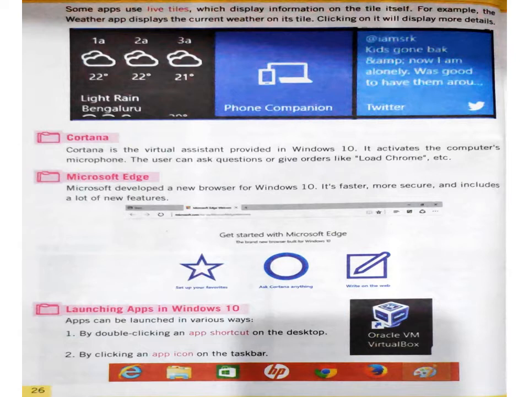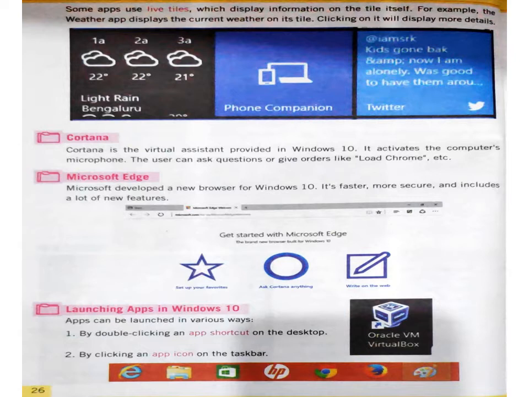Cortana activates, or you can say opens, the microphone of your computer, and if you want to give an order to your computer, like it's written over there, if you want your computer to open the Chrome application, then you have to give the order, like you have to say load Chrome, and when you give this order, your computer will automatically open the Chrome web browser for you with this Cortana feature.